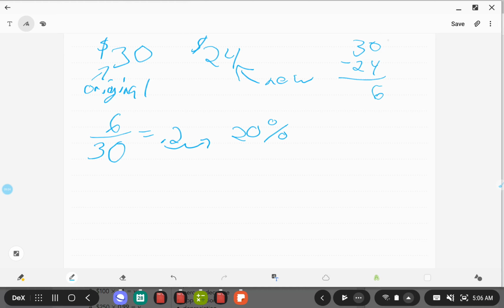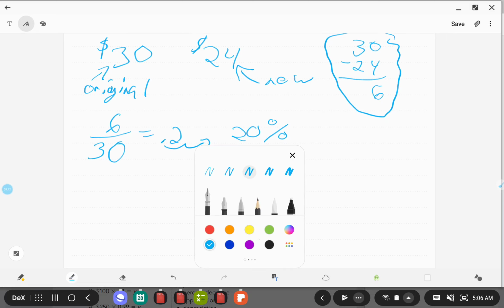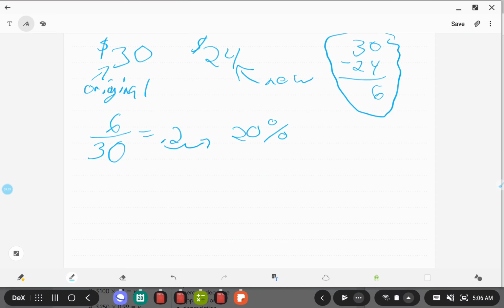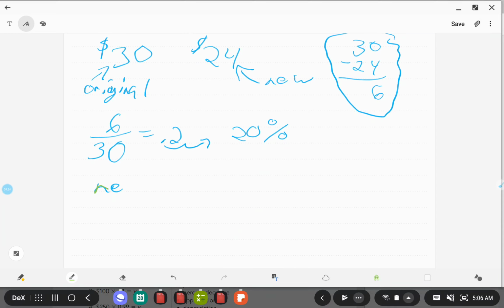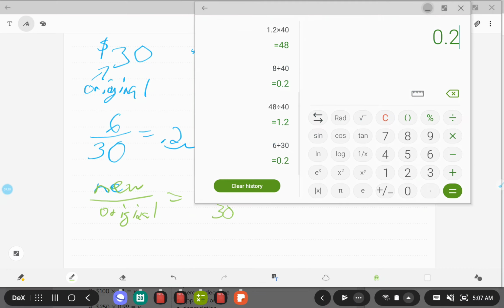And I did that with my subtraction first, and then my division. But had I not done that, I could have solved it the other way, which means I would have done my new over my original. So if I do my new over my original, this looks a little bit messier, so if you don't want to use this one, I totally get it. But my new would be 24. My original is 30, which gives me 24 divided by 30, which gives me 0.8,